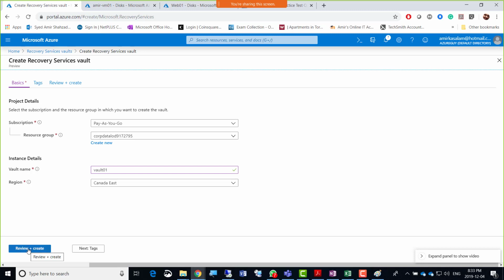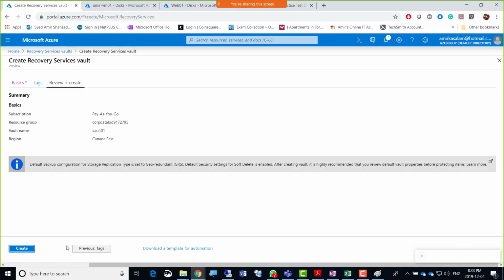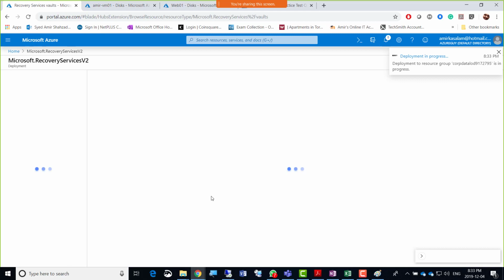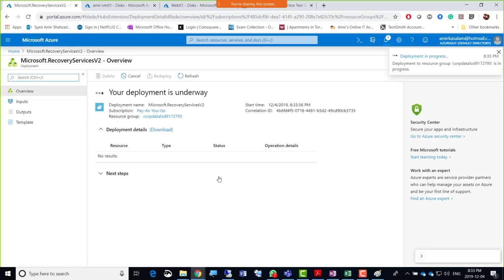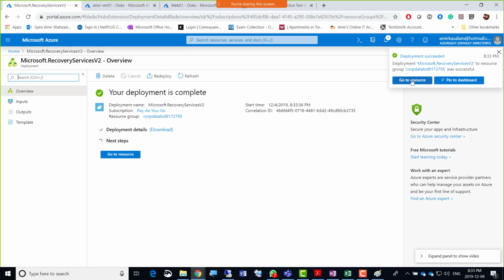Everything's in Canada East today, and review plus create. No tags here. Create. Once it is created, then we can go to the backup and schedule it, right? We can create a schedule for the backup. So it is already created, the vault inside the recovery services vault. Then we click the go to resource here.